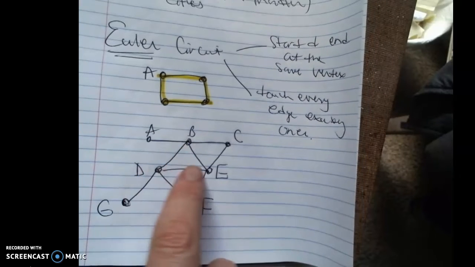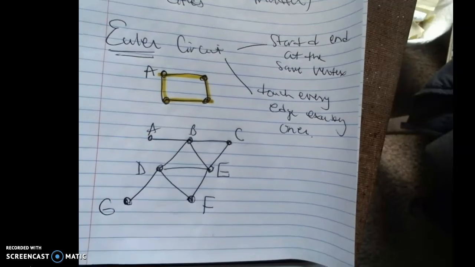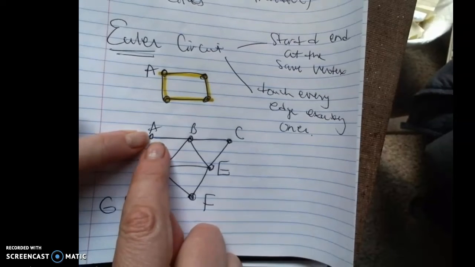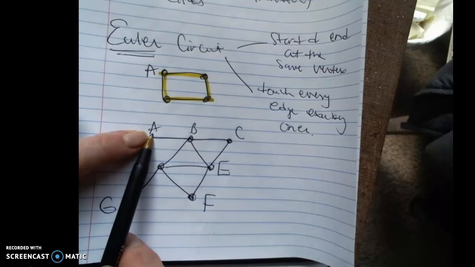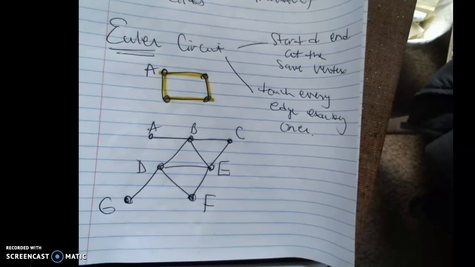because if I start in the middle and I kind of go and I get down here, do you see I'm trapped because I can't backtrack? So for an Euler path, probably a good idea to start maybe here. So let's see if I can get every side. So A, B, C, can I come up here? I think I can get a path. Okay, so let's look at that.